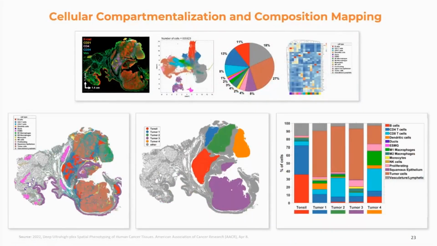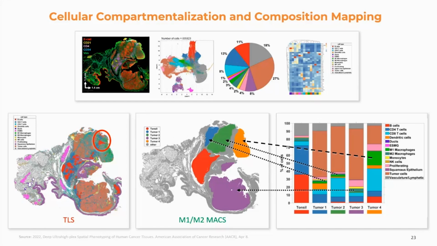When we look at the localization of immune cell subtypes, we can see that your M1 macrophages are localizing to this bit in the yellow, the area where you have your TLSs. The M2 macrophages are in the green, blue, and purple region. The M2s generally are immune suppressive. And so in 2 dimensions, you can start to appreciate this partial resistance to IO therapy. One being the presence of TLSs specifically in one area of the tumor, but absent in the other areas, but also this M1, M2 macrophage localization.